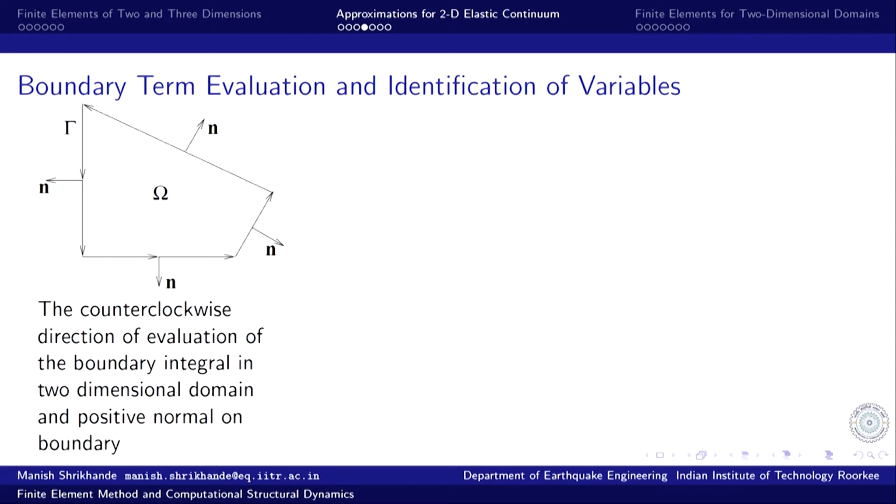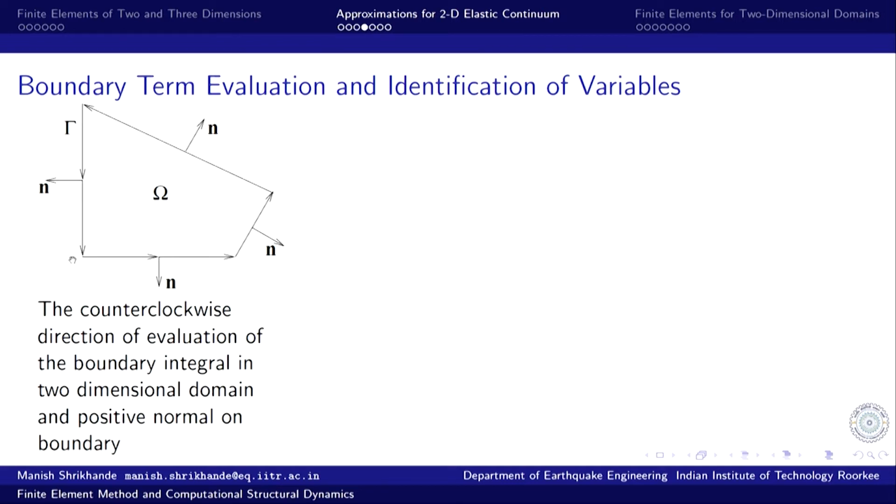So, this is how, when I said a planar area bounded by curves, it can be an assembly of straight lines or it can be a smooth curve, whatever. In the case of finite elements we will be looking at these kinds of regular geometry. So, this is the outward normal for each of the edges and the boundary integral is evaluated moving in the counterclockwise direction along this path.